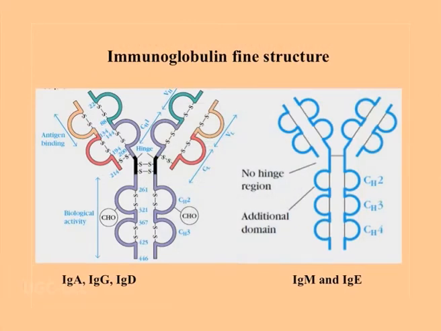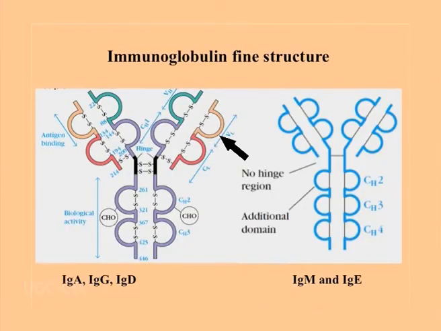Now, if we look into the fine structure of an immunoglobulin molecule, then we will see that from the N-terminal end, about 100 or 110 amino acid sequence forms a domain-like structure. Homologous regions are found in both the heavy chains and light chains. Each homologous region is composed of 100 or 110 amino acids, and each homologous region is called a domain or a unit. Each light chain contains 2 such domains, one at the variable region, one at the constant region.